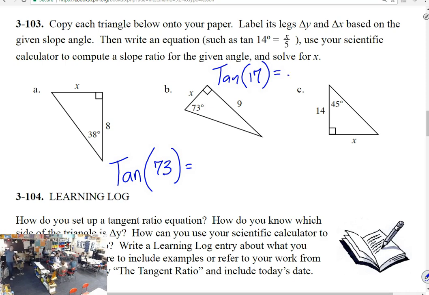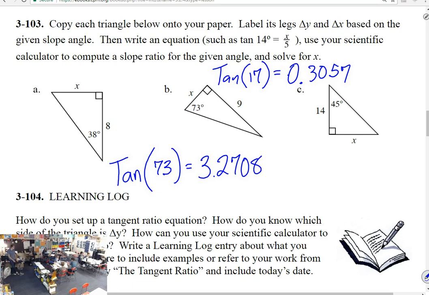So if you did tangent of 17, what was that ratio? It was 0.3057306815. All right, 3057. Let's stop it there. I don't really go much beyond the thousandths place ever. What about tangent of 73? Who got that ratio? Is that 3.2708? So we could just put a 1 there.